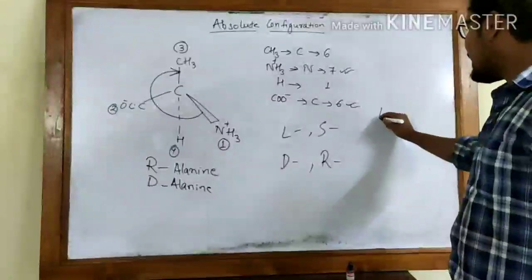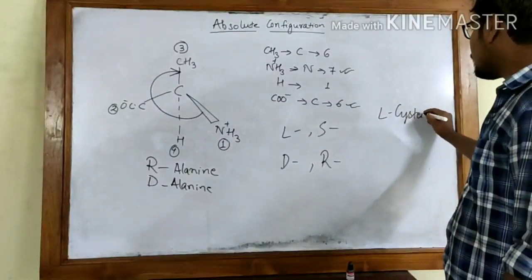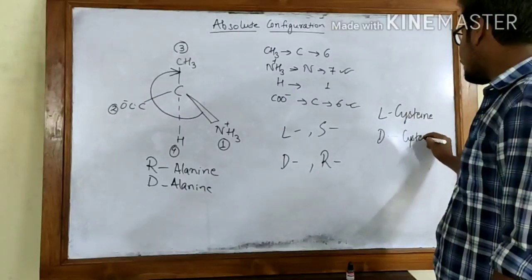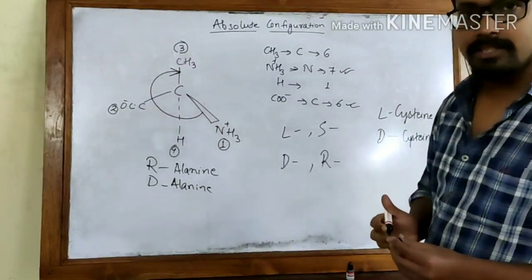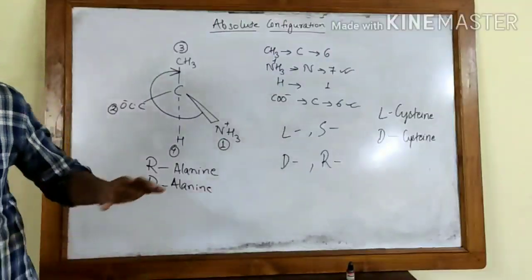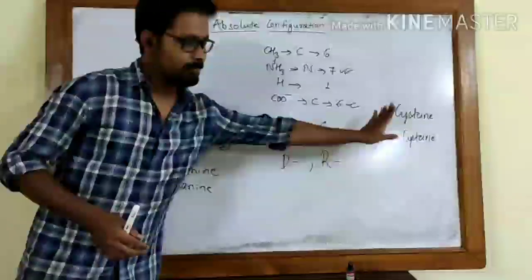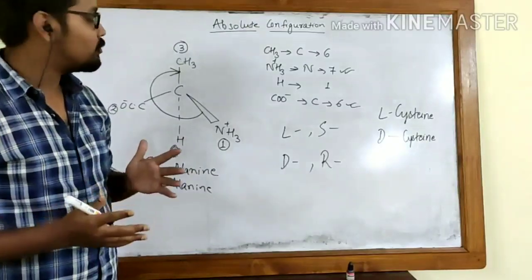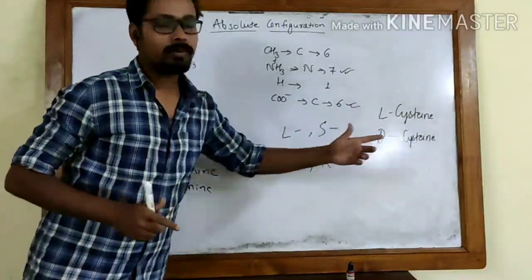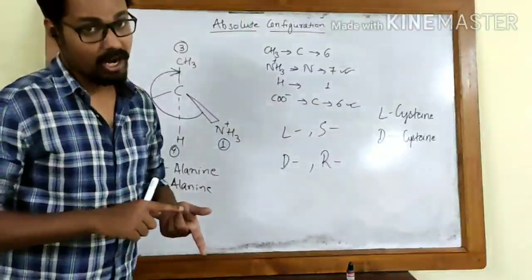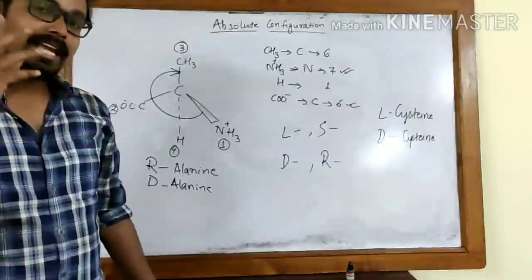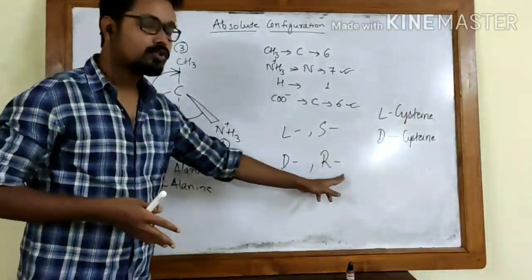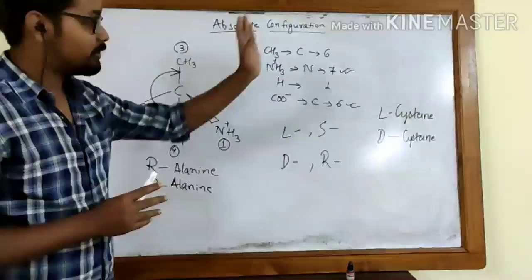In cysteine, L cysteine has the R configuration. This is the only difference from all the others. So this is for some extra knowledge. If suddenly you get a question based on L cysteine, asking what the corresponding configuration in D or R will be, remember that L generally corresponds to S and D corresponds to R, but in case of cysteine,